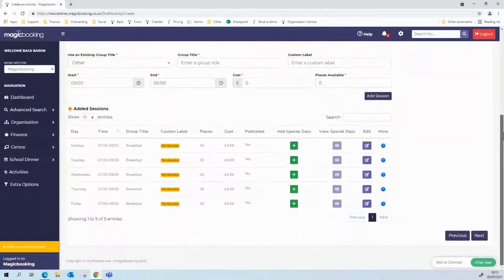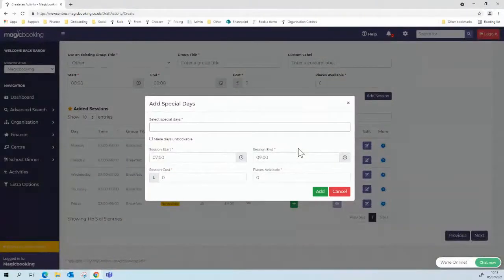So now that you've added your session, you can see the session below. You've got the start time, end time, days of the week. You've also then got your special days. So previously, when you wanted to add a special day, you would have had to meet the time. So the start time and the end time would have to be kind of matching to the session. Then you'd have to say that there is a 0 cost and 0 places to make just that particular session